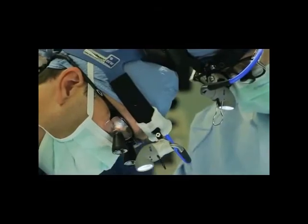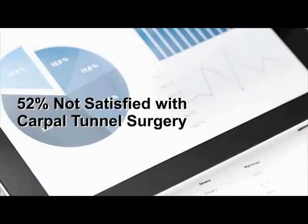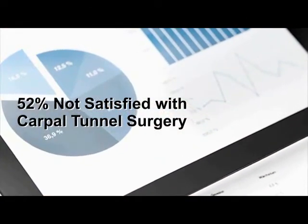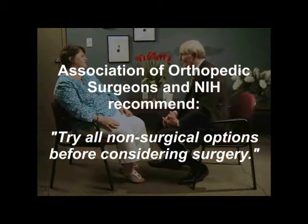So if acupuncture is only temporary, and you do have carpal tunnel syndrome, what else can you do that's effective and permanent? If you're thinking about having surgery for your carpal tunnel syndrome, discuss with your doctor the fact that most people are dissatisfied with their surgical results, while the overwhelming majority of people who use non-surgical therapy are very satisfied with their results. Your doctor should candidly and openly inform you of this, because those statistics are so important that the Association of Orthopedic Surgeons and the National Institutes of Health recommend that all patients try all non-surgical options